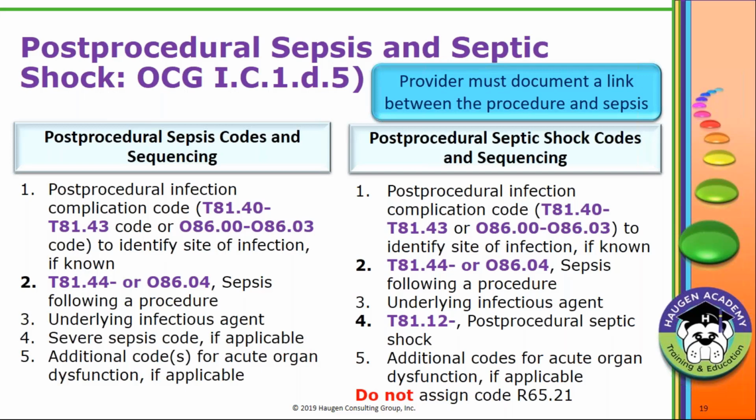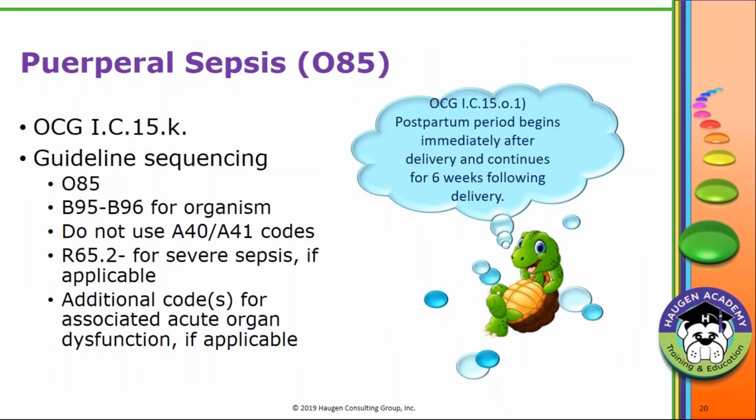The septic shock is a little similar, with the exception that we're adding in a code for post-procedural septic shock, and they are specifically telling us not to assign R65.21. So there is a specific code for post-procedural septic shock. When you have septic shock due to a procedure, you are not going to use R65.21. So there is a Coding Clinic that came out just in,